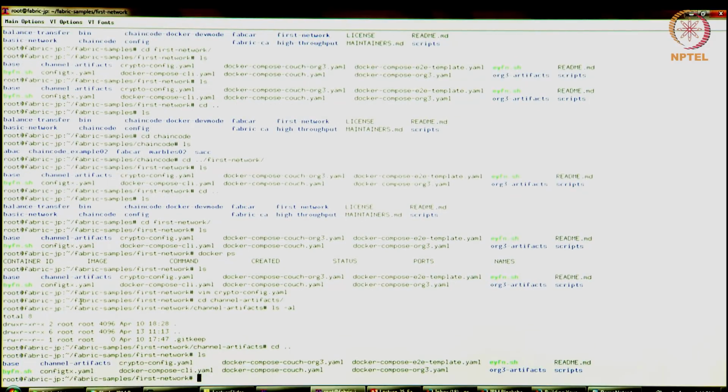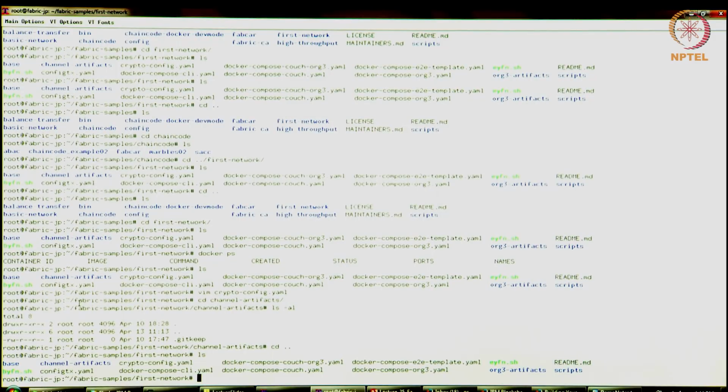There is also another directory that will get created here called crypto config, which will contain all the crypto material for your network. Basically the orderer certificates, the MSPs, the peers, the CAs, all of those, the crypto material for all of those will be in that folder. It will get created as we proceed. So I'll show you how that gets created and when it gets created. Okay. So that's just to show the clean slate from which we are starting.